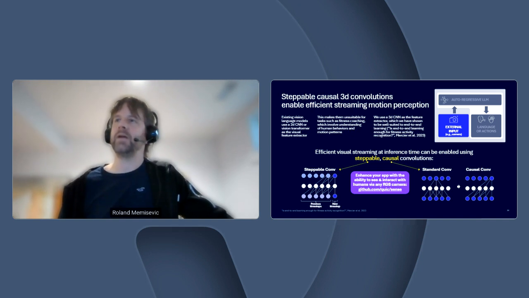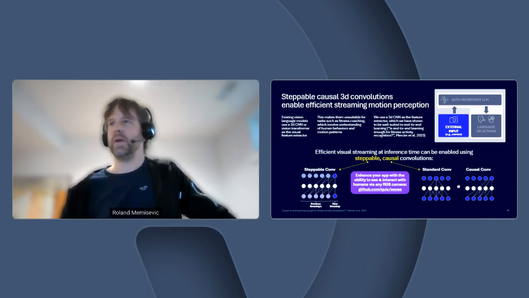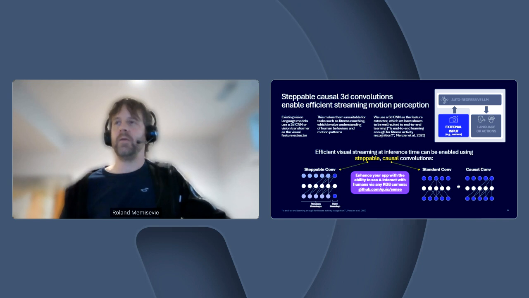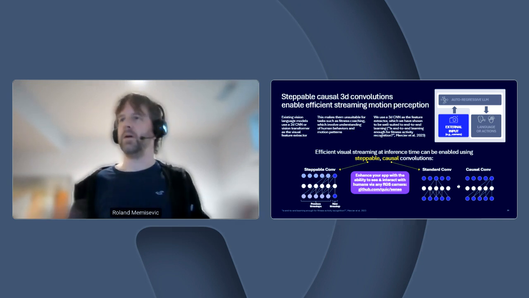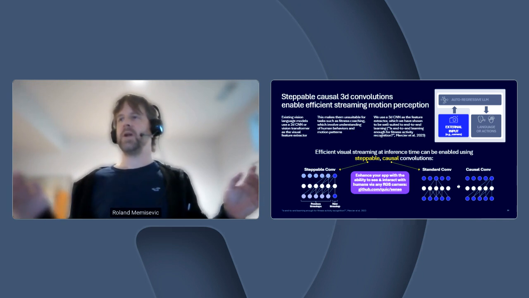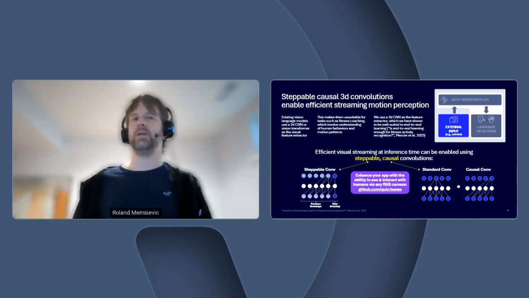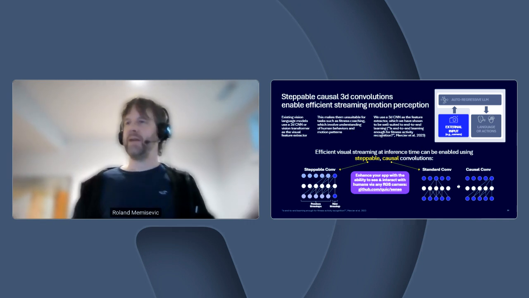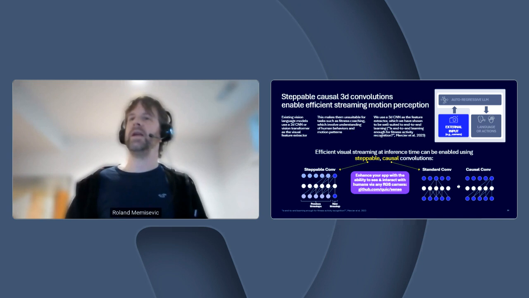It's a well-known trick to use in similar streaming scenarios, where instead of reprocessing the whole visual input every time a new frame comes in, the model just keeps state at time t or a few steps before, depending on how far the temporal convolution reaches, and then updates its state to equivalently just take into consideration the latest frame to update its state and then provide you the features at the output.